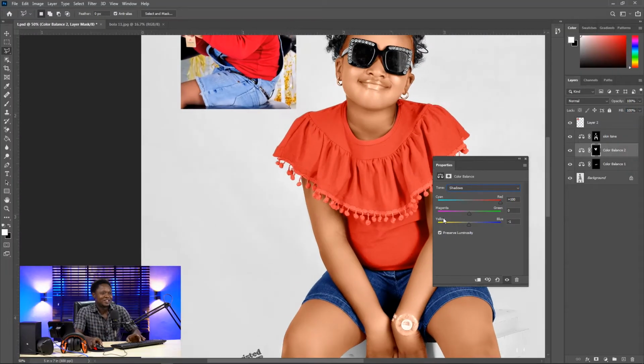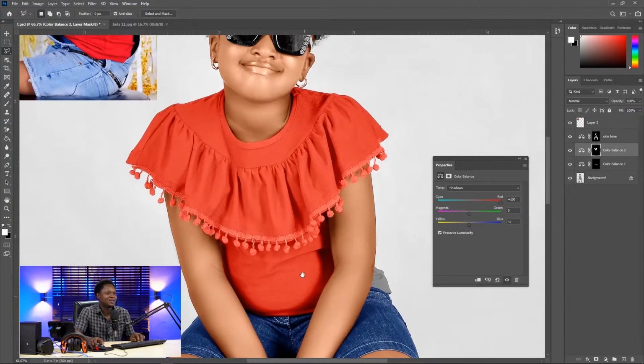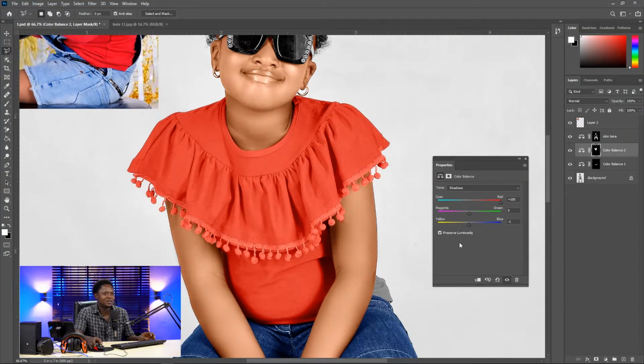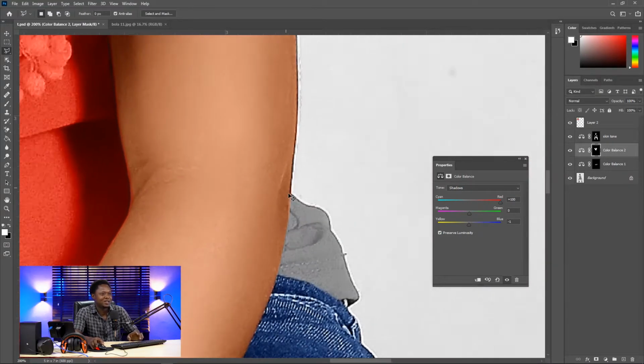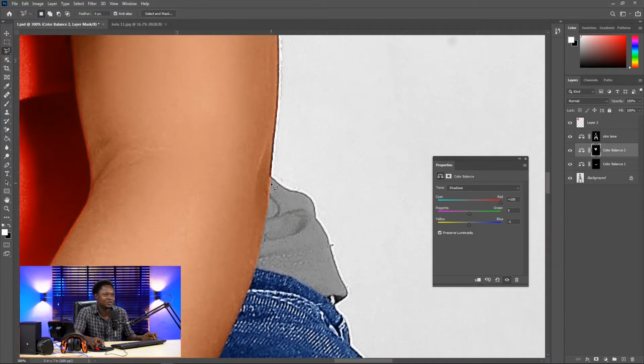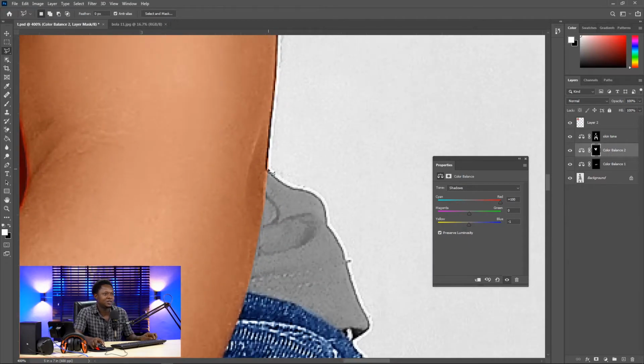Okay, just take a look at what we have here. I think the selection is not too bad. Okay, there is a mistake somewhere. Let's add it up somewhere. You can also use the brush, or we can select this area like so. Let's make a selection of this area,